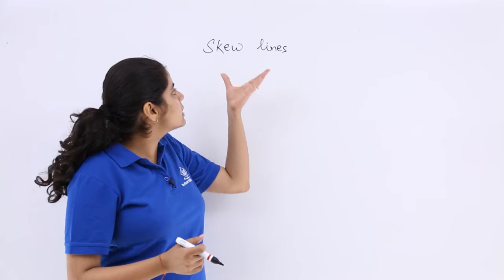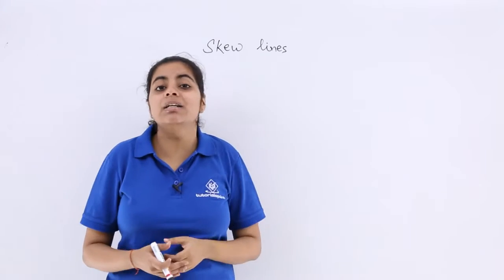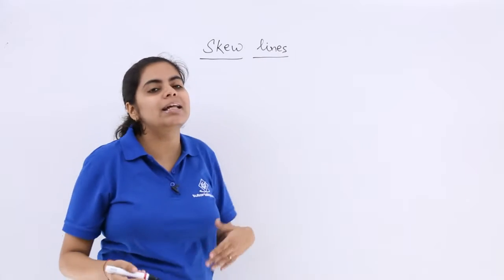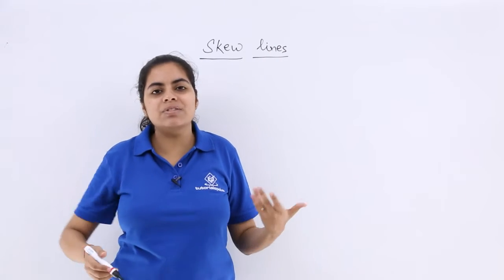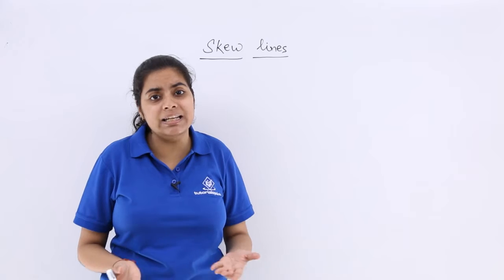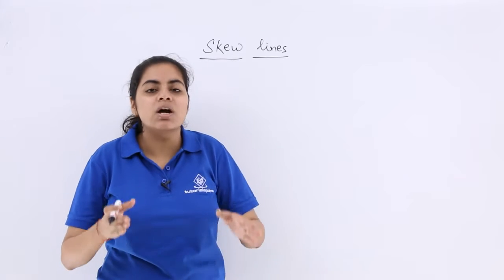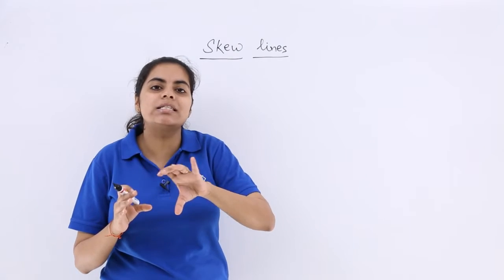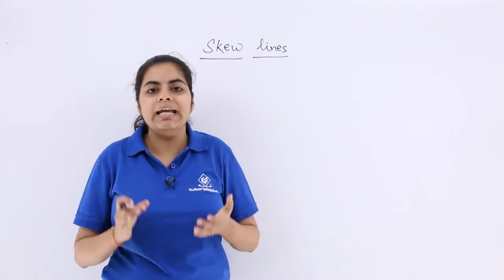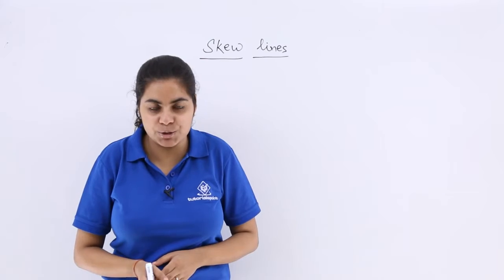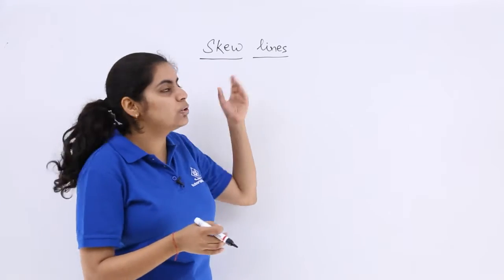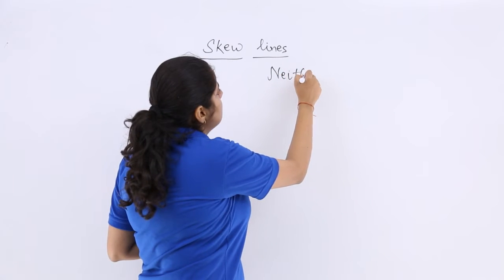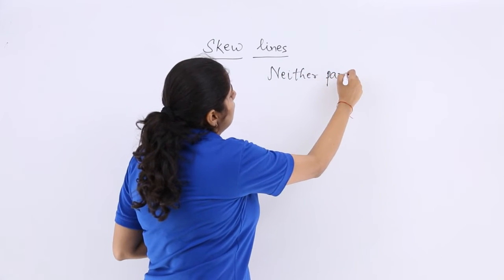So the next topic in succession to the previous topic that we have studied is skew lines. This is read as skew lines. What are these lines like? We have already studied parallel lines and intersecting lines, right? Parallel lines have an equidistant approach, or equal distance, whenever we move throughout. Intersecting lines have a common point of intersection. So if I have to talk about skew lines, these are the lines which are neither parallel